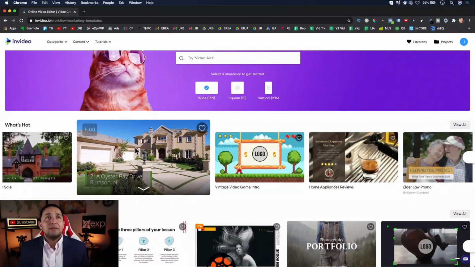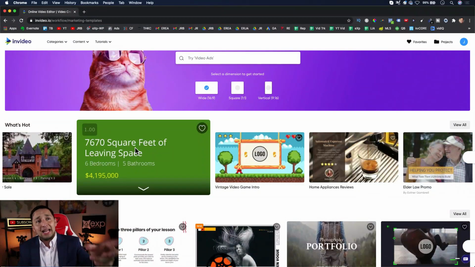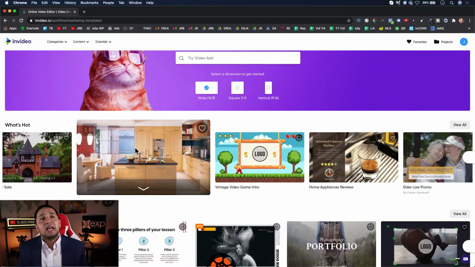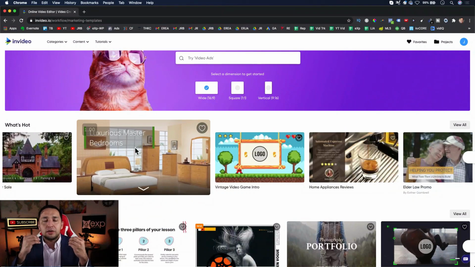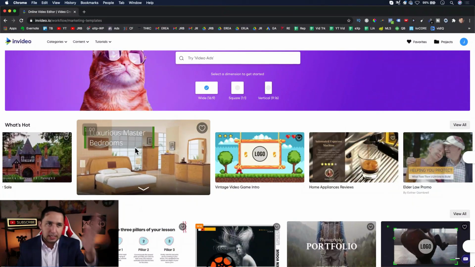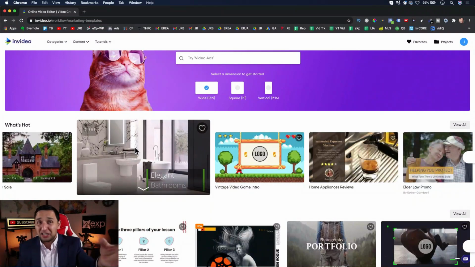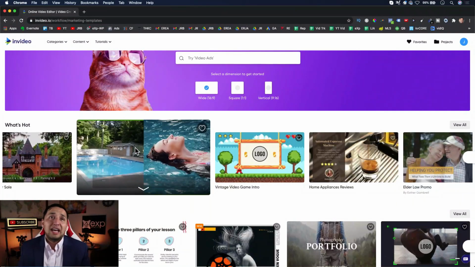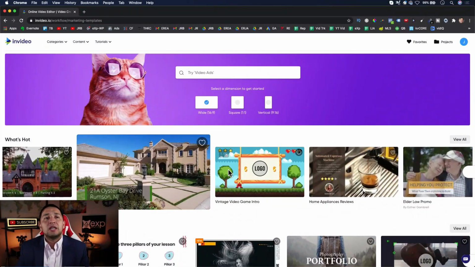Now, what we're gonna do is, let's just see. So if you're in real estate, this is a fantastic tool for you to use. You can see how to highlight a pretty darn good looking house right there and present it in a very engaging way. No more do you have to put an elevator music and then just a slideshow. One picture. No, this actually presents pretty darn well, as you can kind of see through there. And I actually like it so much we're probably gonna use this one,